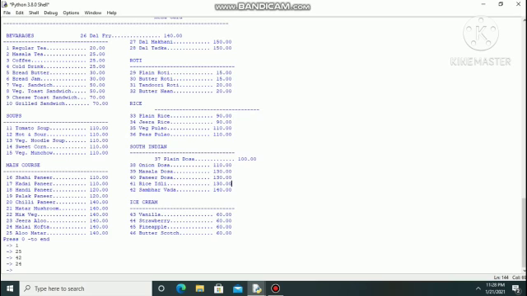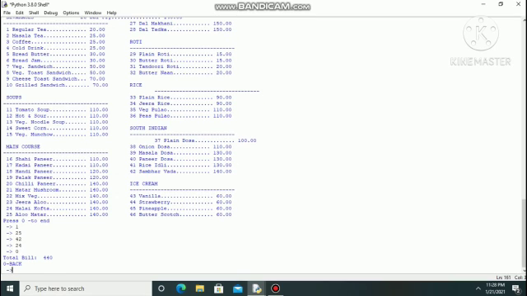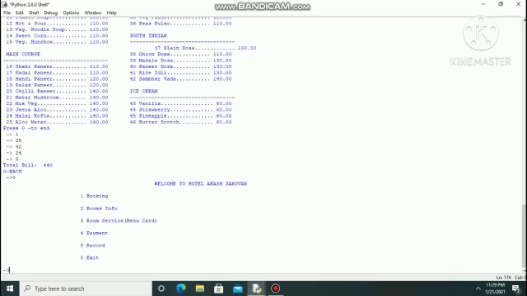Here we only have to give the number for every food item. So I have given some of the items, then I am entering 0. My total bill is 440 only for the food items. Now I am again pressing 0.